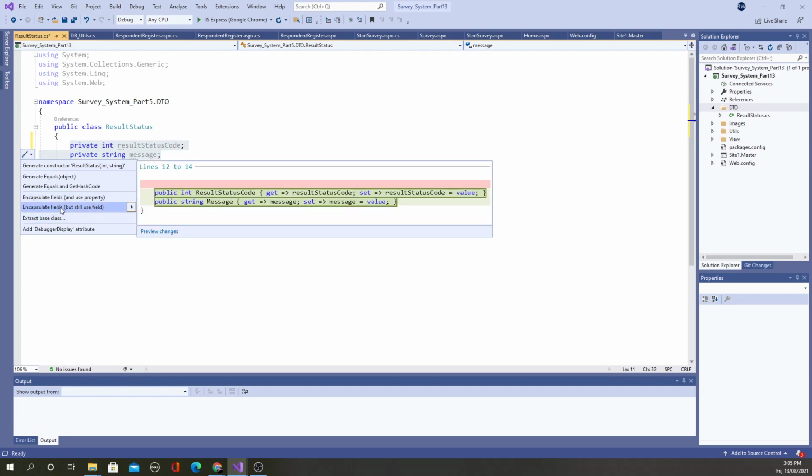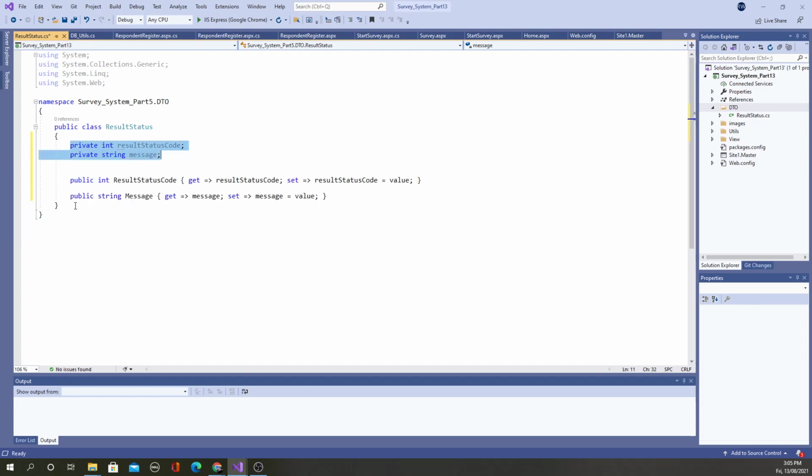I select this option. There are two options. What this does is generate properties matching these attributes. They are public, so outside functions and classes can straight away use the result status code and get it or set it, and the message, either get it or set it. Awesome. Now we have a result status class.